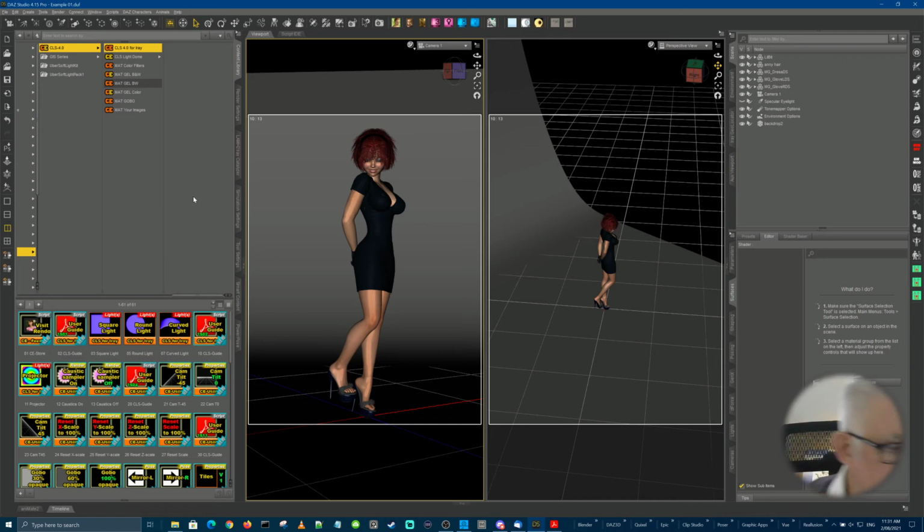So we've covered, well, I've quickly covered the light dome. These are the individual mesh lights. Now he has a square mesh light, a round mesh light, and a curved mesh light. He also has